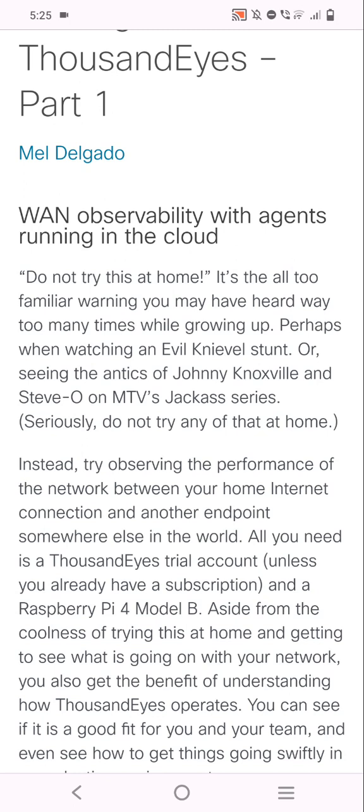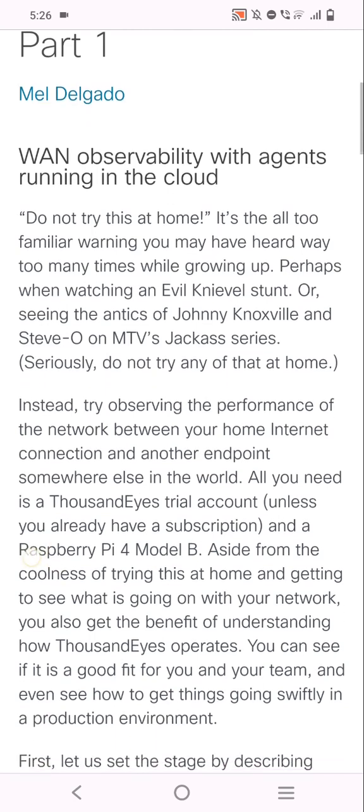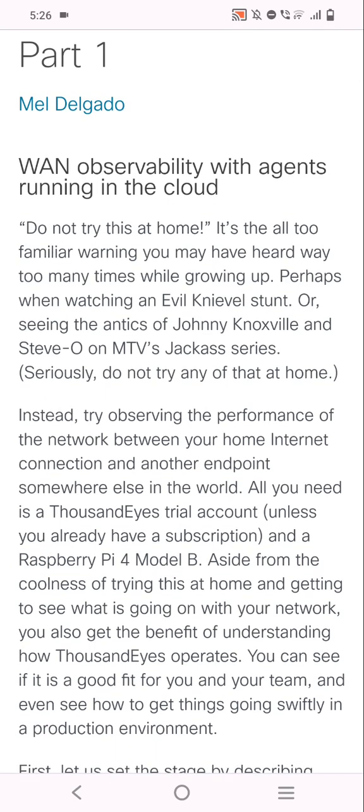ThousandEyes Part 1. Observability with agents running in the cloud. Don't try this at home. It's the familiar warning you may have heard way too many times while growing up, perhaps when watching Evel Knievel stunts or seeing the antics of Johnny Knoxville and Steve-O on MTV's Jackass